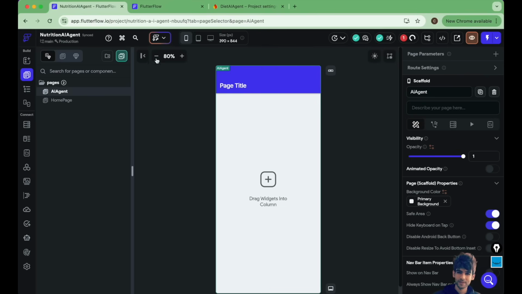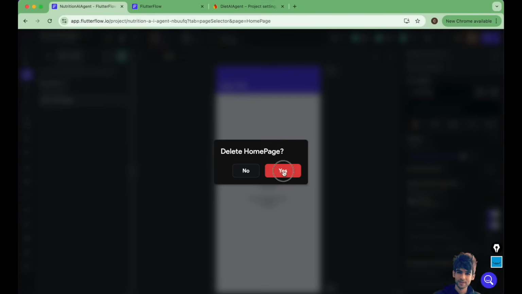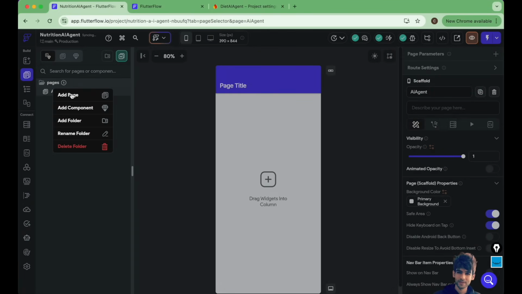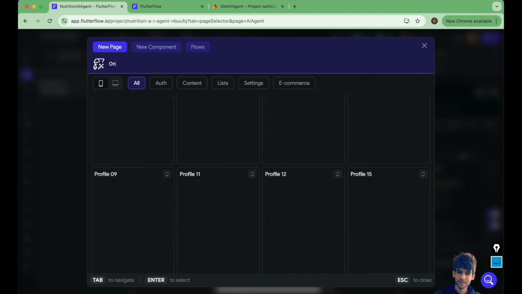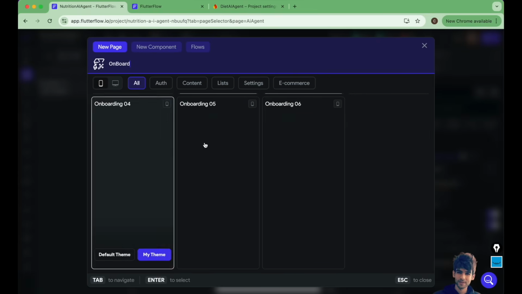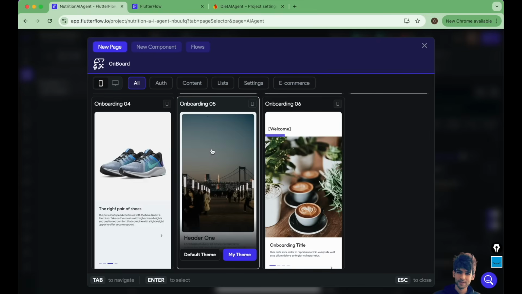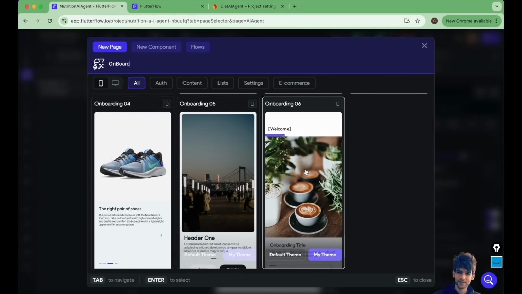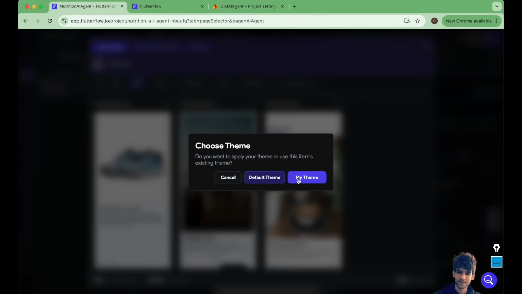Now the next thing is we need to design the UI of home page. So for that what we will do is we will use the existing page. Instead of this home page we will delete this, and we will create a new page. You can type it here, onboarding. Currently we have three options here. Let's select this one. Okay, so let's select second one,